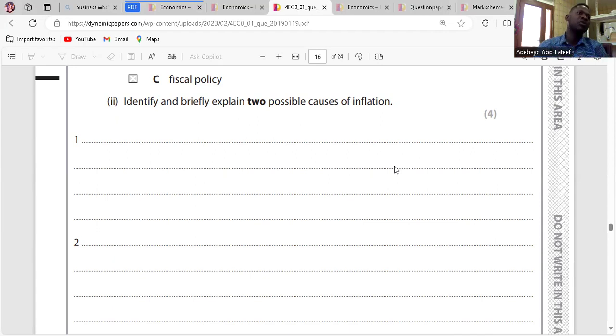Then we have cost push. For cost push inflation, it means the cost of factors of production is rising over time for firms. As a result, their cost of production has increased, bringing about an increase in the price of goods and services. Do you get it? Yes. The cost of factors of production increases. That means the factor inputs like land, labor, capital are increasing. As a result, the cost of production increases. That is cost push inflation. Is that clear? Yeah. So go on